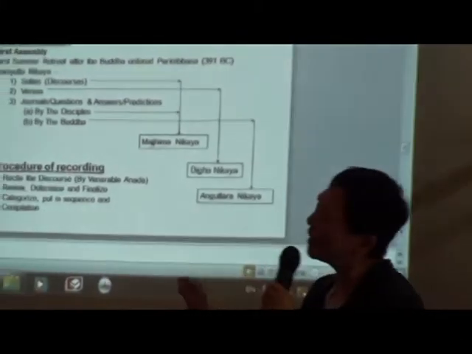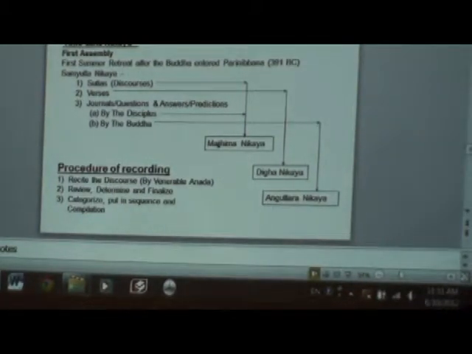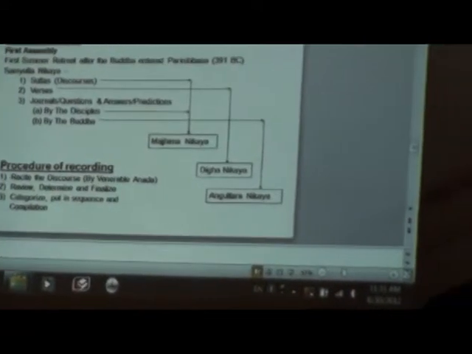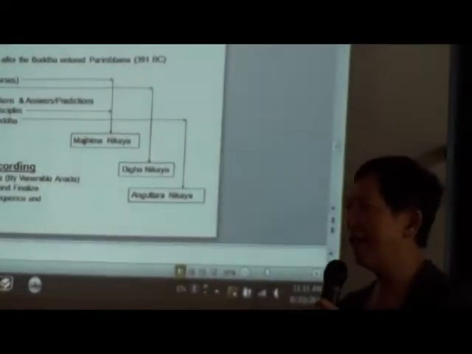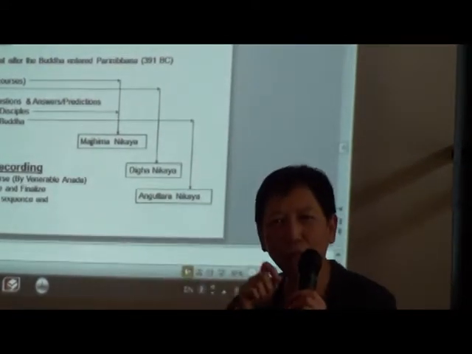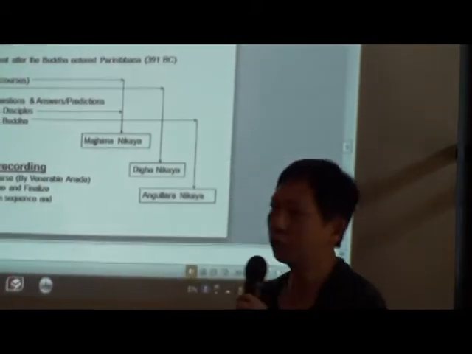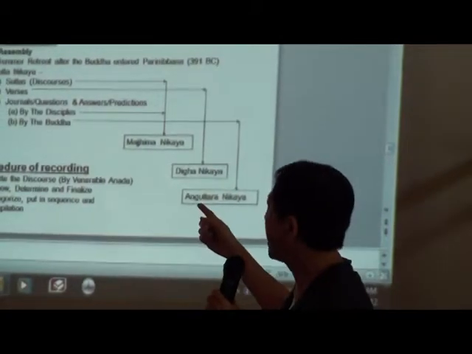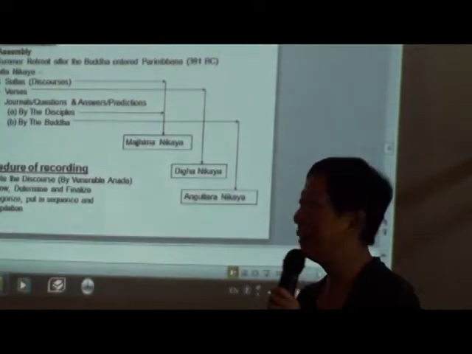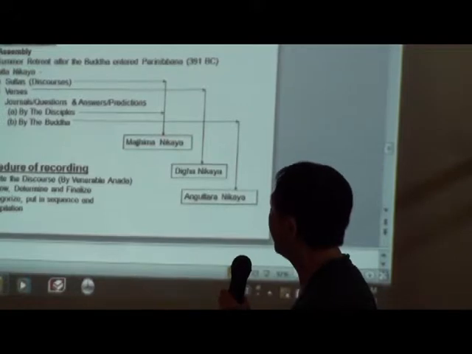Number 3, it comes in a way that he will give a speech or discourse and people will record it. And when they record it, it's called the journal. We know the journal that we write down. So it comes in 3 forms. Now the journal can be by the disciples or by the Buddha. So you see the timeline there.